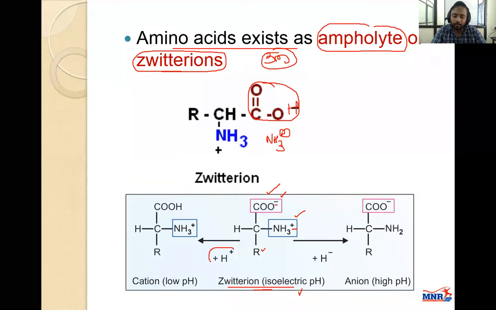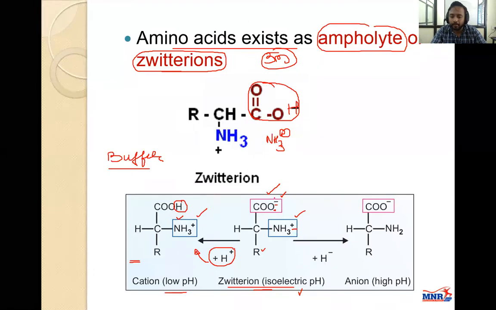Now you reduce the pH, you make it acidic. You are making it more acidic. What happens? The carboxy end will accept this acid to neutralize the acid, correct? Because we also know the amino acids can act as a buffer. By accepting the hydrogen ions, it tries to maintain the normal pH. So now the amino acid carries only a single charge, that is a cation, the positive charge, at low pH.